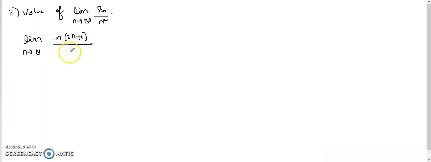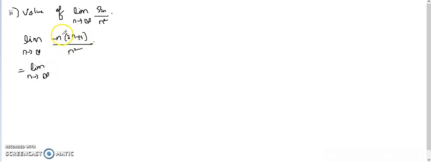Second part of the question is like this. Find the value of limit n tends to infinity s2n by n square. So this is very simple. Just have to substitute the value of s2n that you got now. So limit n tends to infinity, s2n is negative n times 2n plus 1, right? Divided by n square. Again, further simplifying it, limit n tends to infinity,